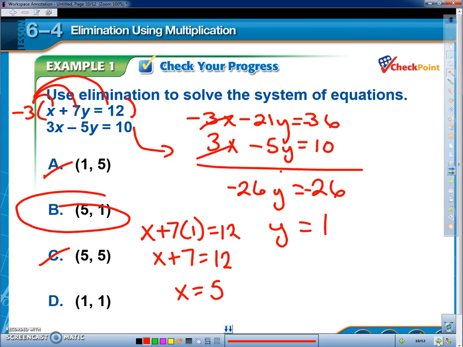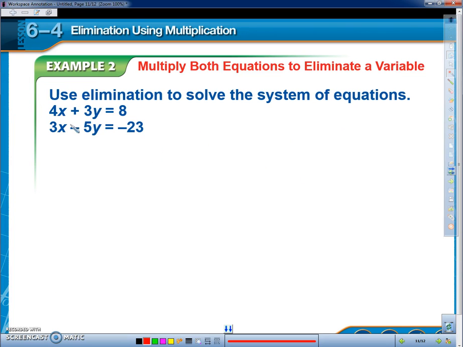Okay, let's keep working. Now, what if you have it to where you can't really multiply one of them by something, but you can multiply both of them by something? I'm going to get rid of the x values in this one right here. And to do that, I'm going to multiply the top by 3 and the bottom by -4. If you see, this is why I'm doing this. 3 times 4x would be 12x on the top, and let me go ahead and finish it out, plus 9y